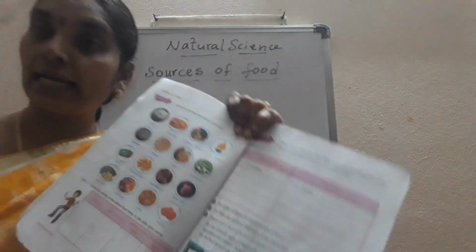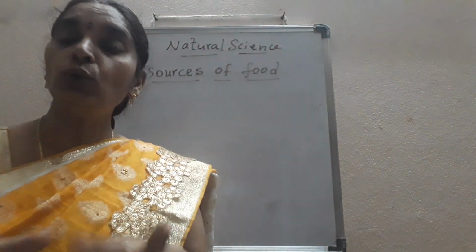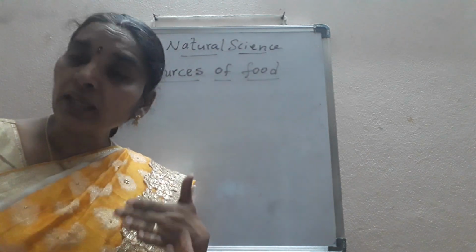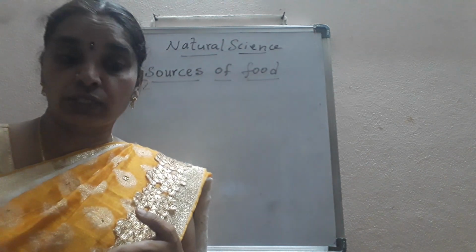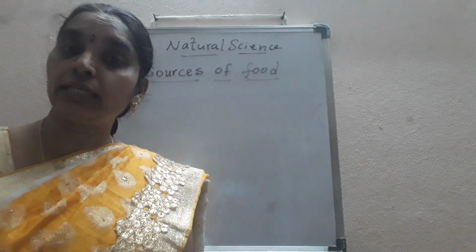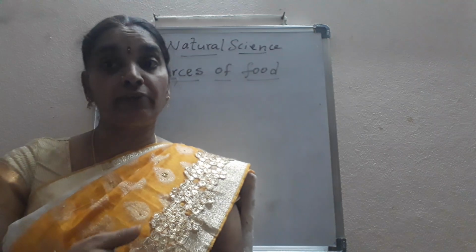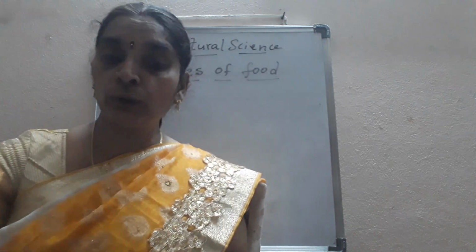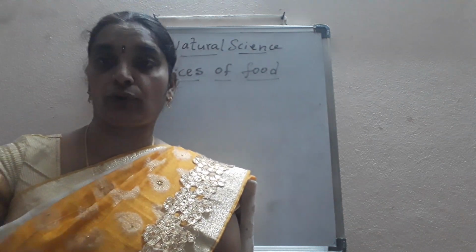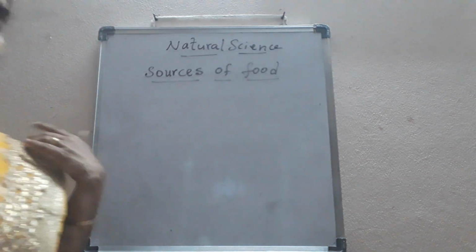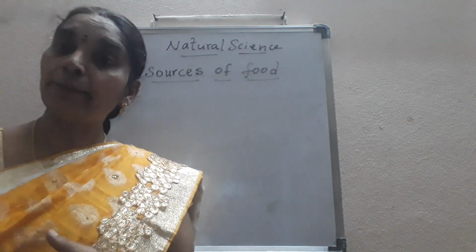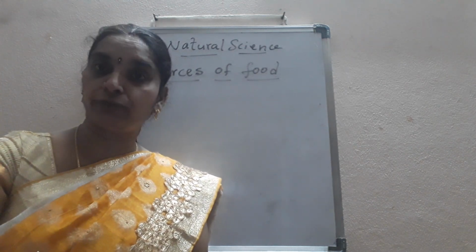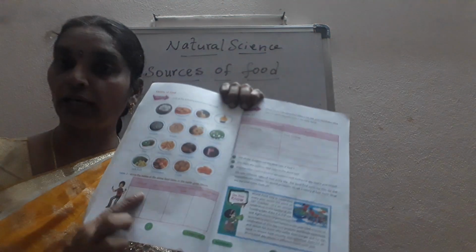So these are the different food items that are given over here, where you can differentiate them into different categories: as if you might have eaten them or like to eat mostly, some you might not like to eat, some you haven't eaten at all, and some you have never seen before. So from these, you choose the food items that you have never seen before and write them in this table given in your textbook.